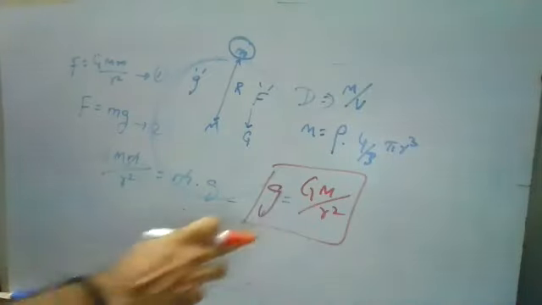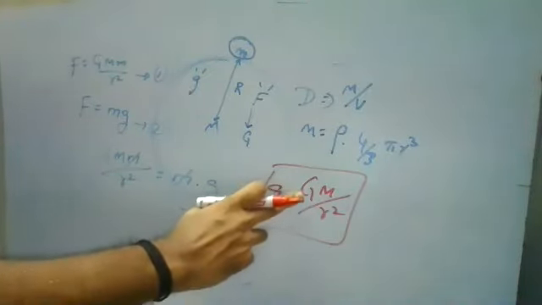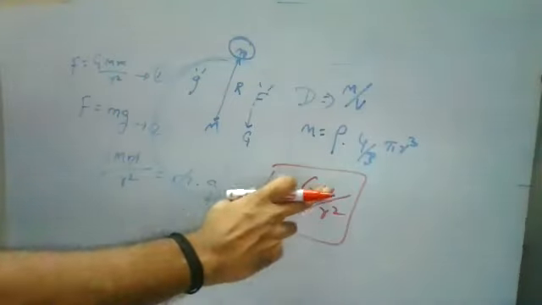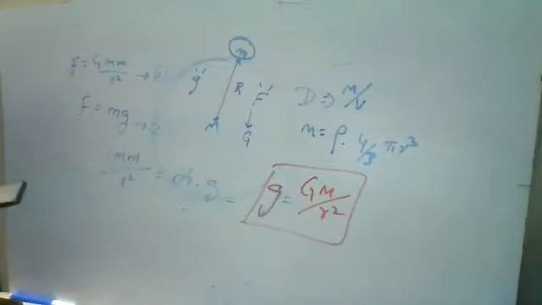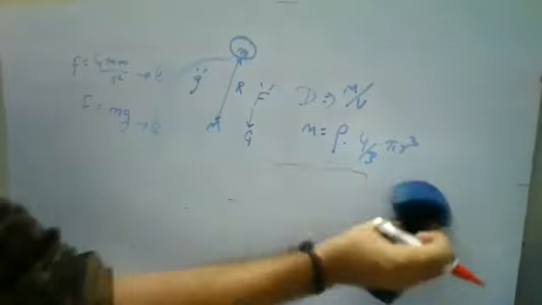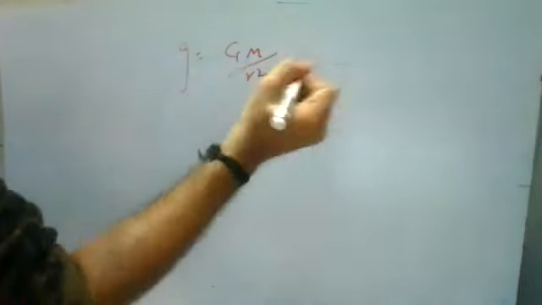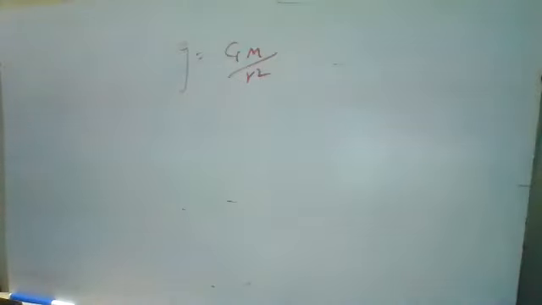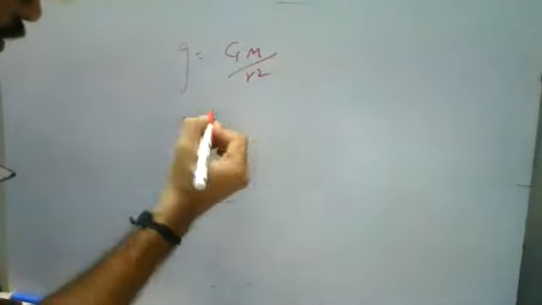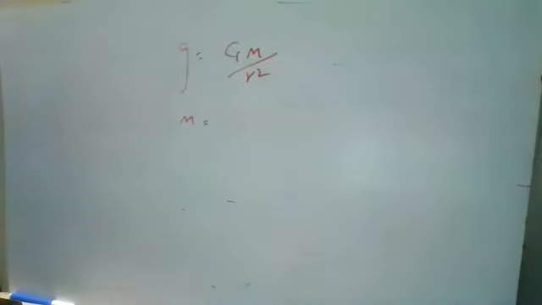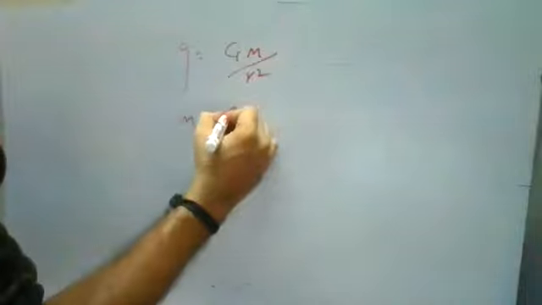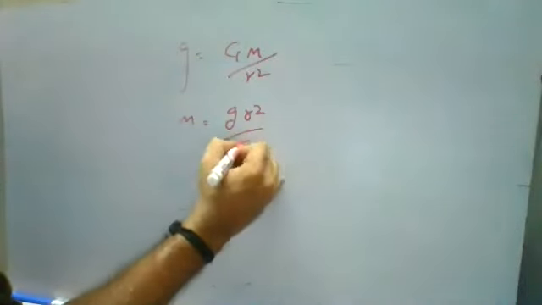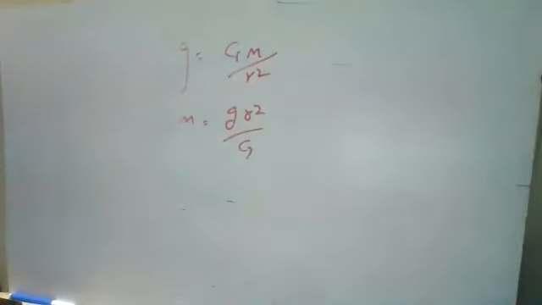Okay. Now, next we'll see it with respect to densities. We know that small g is the acceleration due to gravity, and capital G is the universal gravitational constant. So I'll convert this with respect to masses as well as densities. From this relation, g is equal to G capital M by R square. I'll write it in terms of mass. If you want to find the mass, M is equal to g R square by capital G.